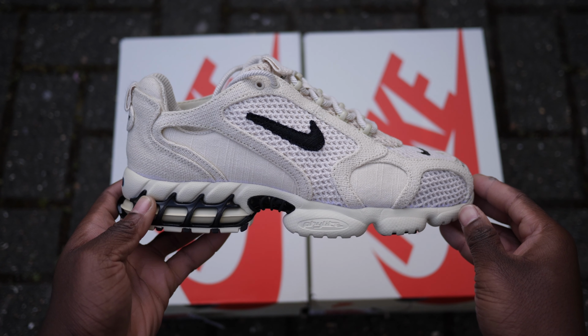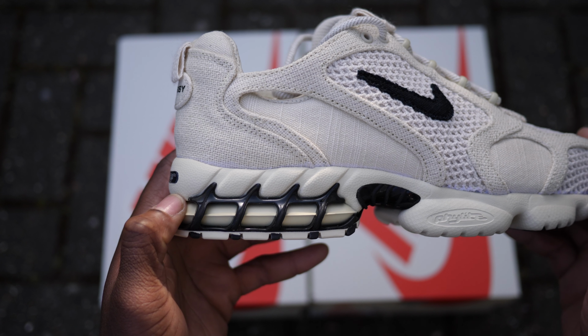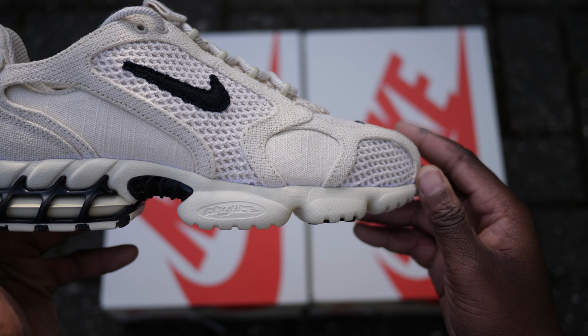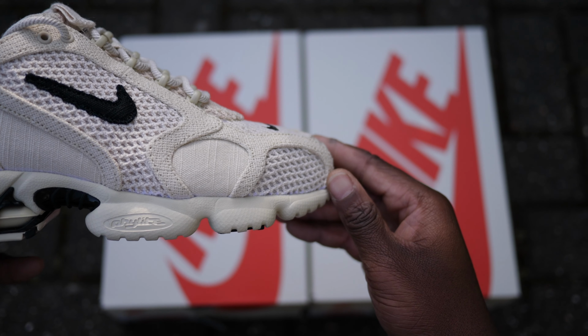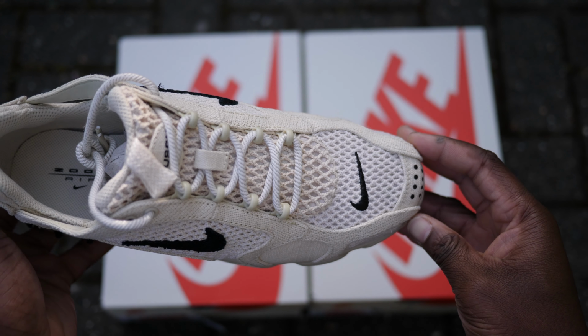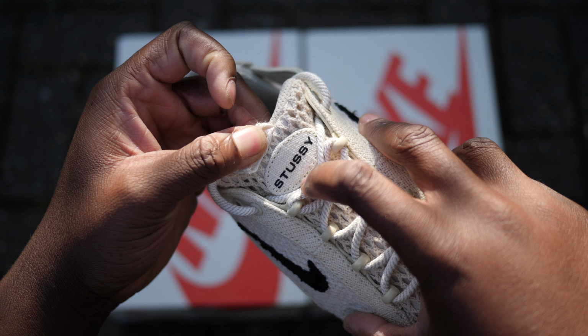This Fossil colorway features a natural hemp vibe with a waffle style cotton mesh and canvas overlays upper. The cream organic look continues with the cream beaded eyelets, rope laces as well as the cotton pull tabs on the tongue and heel. A nice contrast is added with the black hemp swooshes that sit on both sides in the middle, the embroidered mini swoosh at the toe, as well as the black Stussy branding at the toe, tongue